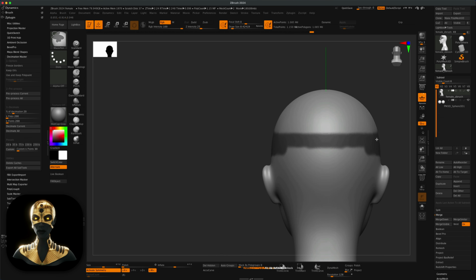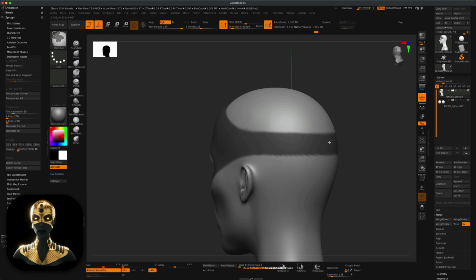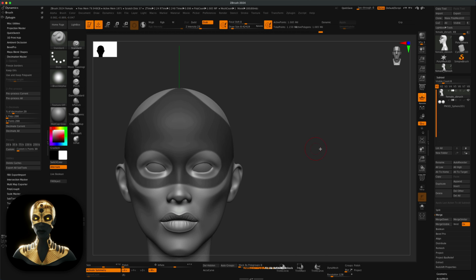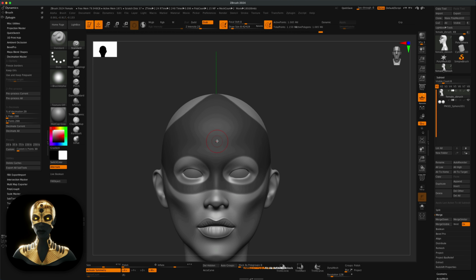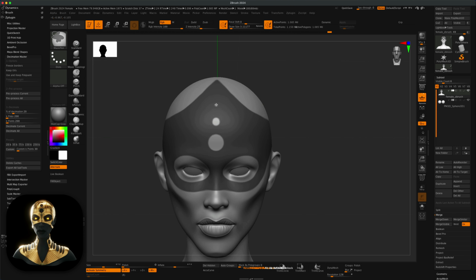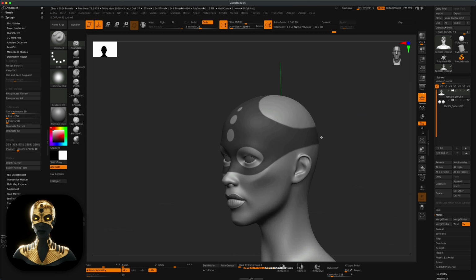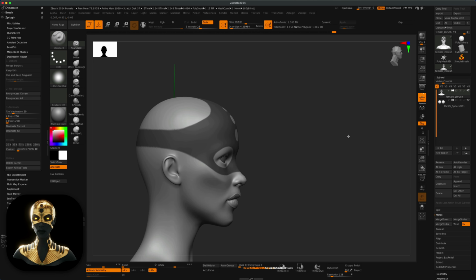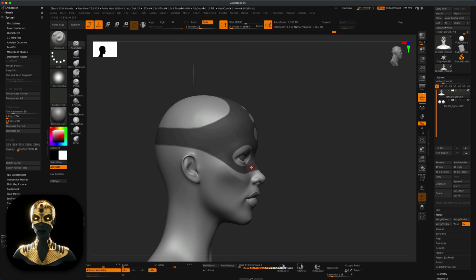portions of your model. The trick is you just have to make sure that you have enough points to hold the mask, right? So I did have to subdivide it. You can see it's at 1 million. I just subdivided it one time. And if you hold the Control key and then press the Alt key, that's going to subtract, right? So you can create cool designs by adding a mask and then drawing right on top of it with the Alt key and just creating kind of holes and